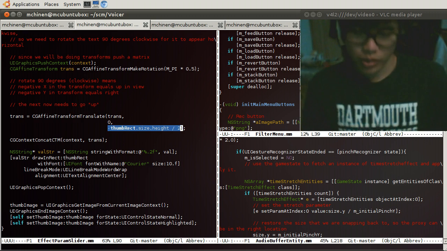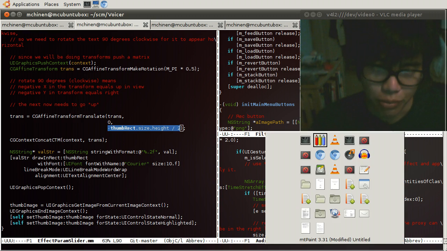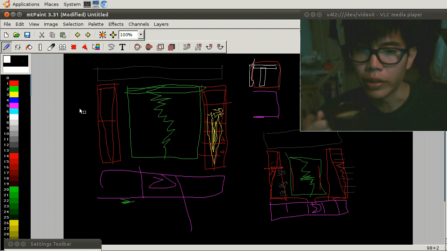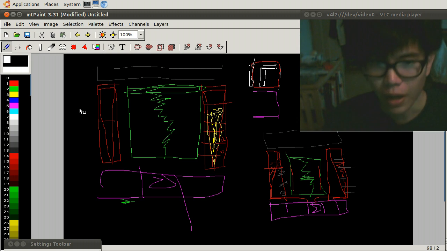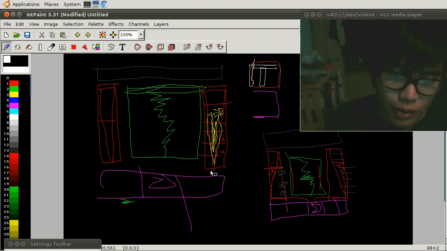Our image looks pretty different from this still. The first thing I want to get to is, well, I could start doing this. I'm still not 100% sure if I want this isosceles triangle thing. It looks like it makes some sense to me. I like it because it shows more is up. That's basically the reason I like that instead of just a standard slider. But on the other hand, a standard slider is not the worst thing in the world. What I do need to have though is